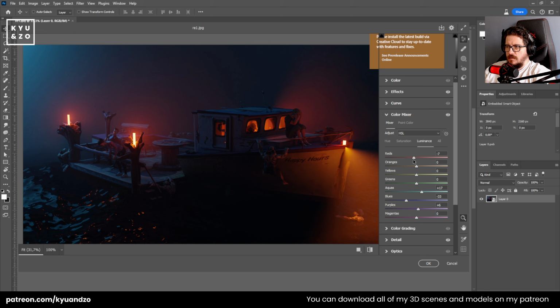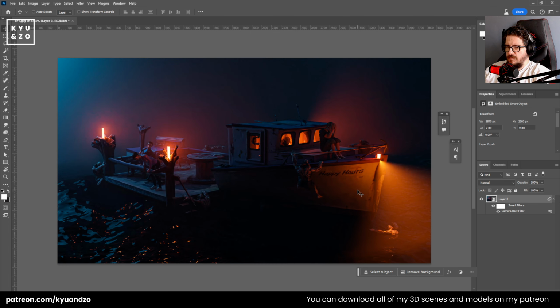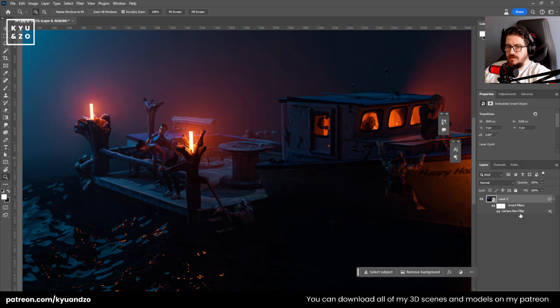And little bit pop up, and yeah, that's okay for now. Before and after. Something like this. All right, let's play with the